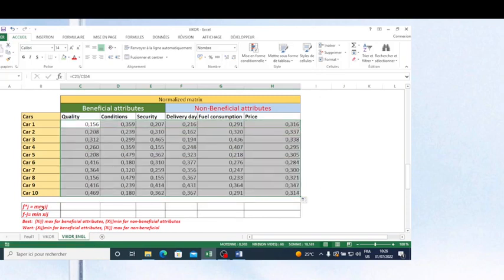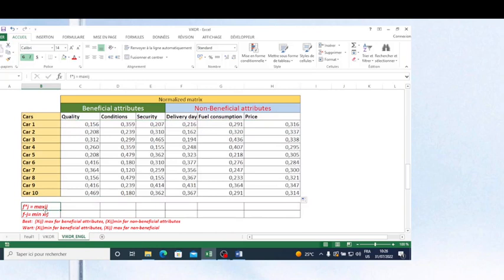Now I have to find the beneficial solution. This is for the beneficial solution, and this is the best solution. This is the worst solution. And the way I found this best solution depends on whether we have beneficial attributes or non-beneficial attributes. For beneficial attributes, we need to find the maximum value, but for non-beneficial attributes, we need to find the minimum